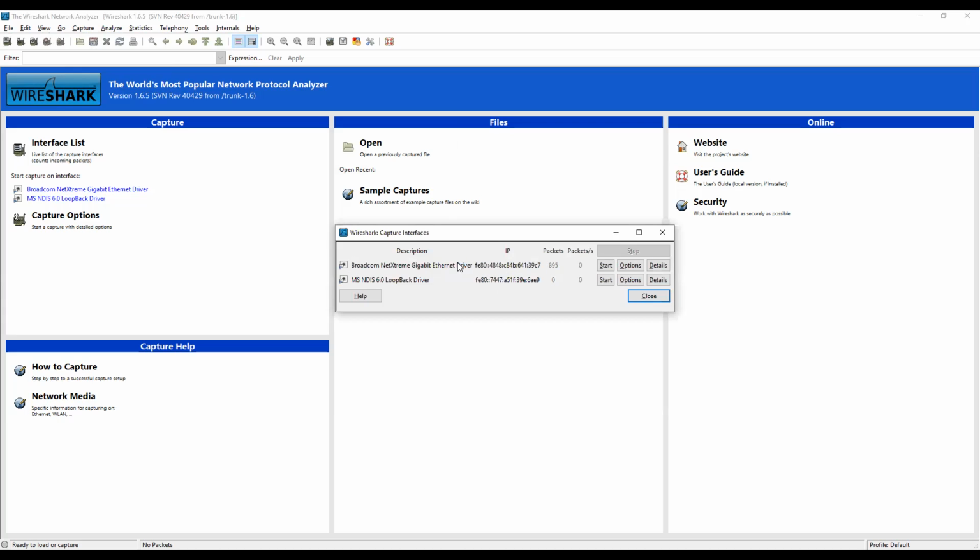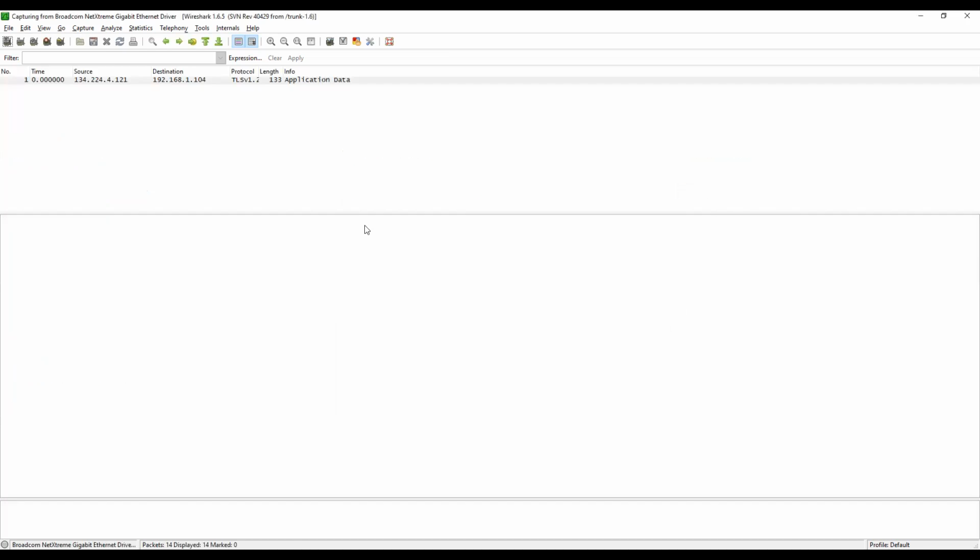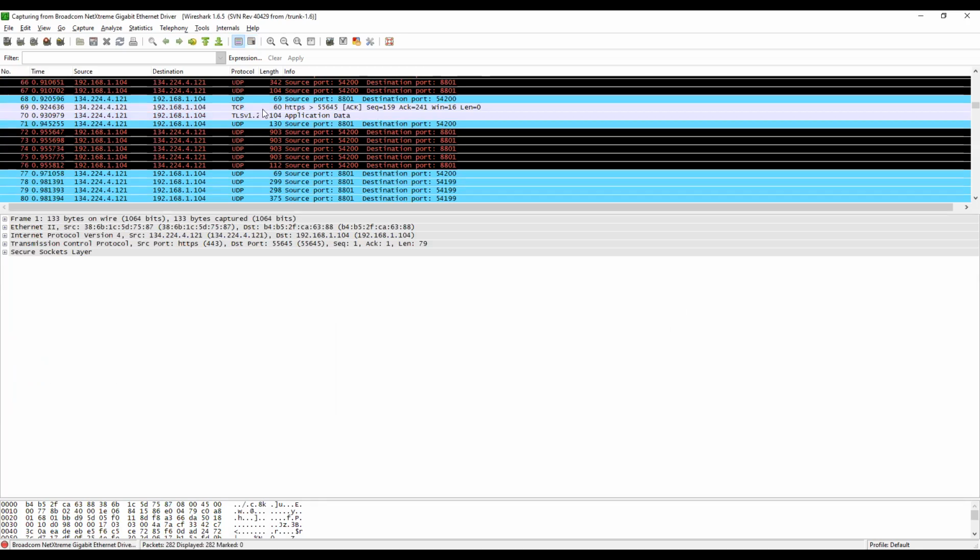One is the Ethernet interface of the system. If you have Wi-Fi, you can also see the Wi-Fi interface. Also, you can see the packets moving, sent and received. I'm going to select the first one, Broadcom. Then you can click Start.